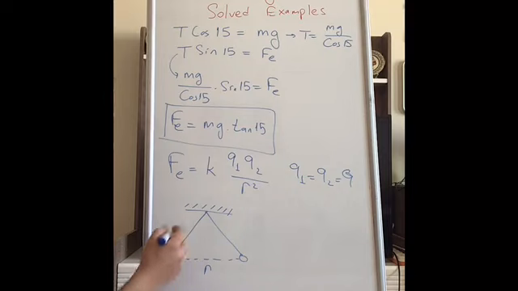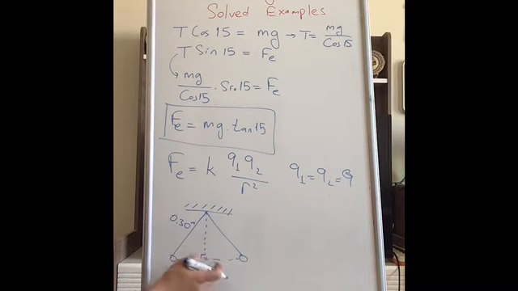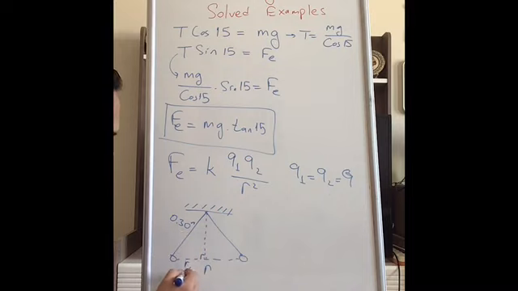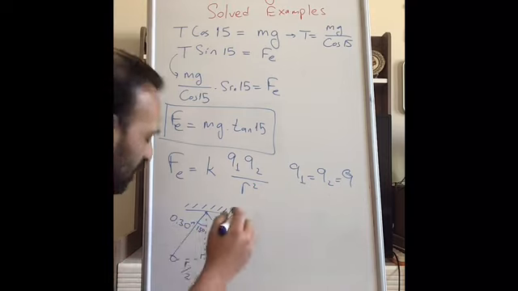But what is R? We know the 1/2 is 0.3 meter. If I just draw a normal to the bottom of this triangle, the angle between this line and the bottom will be 90 degrees. So it's going to be r half, and this side will be called r half. So by using Pythagoras theorem, we can find what is r half. So it's going to be like 15 degrees. And by using here,